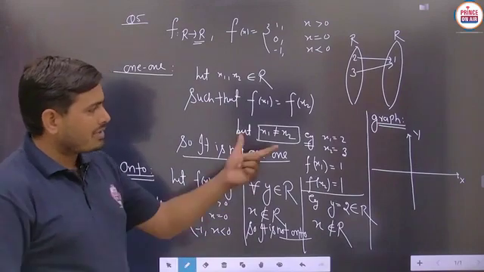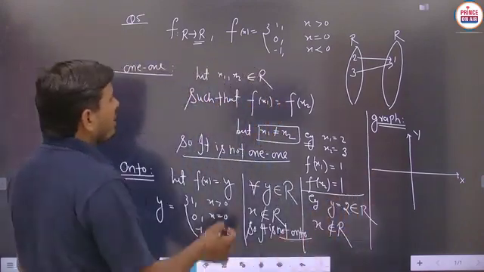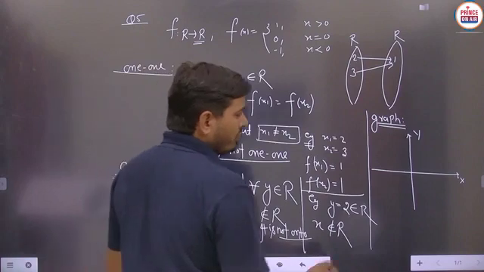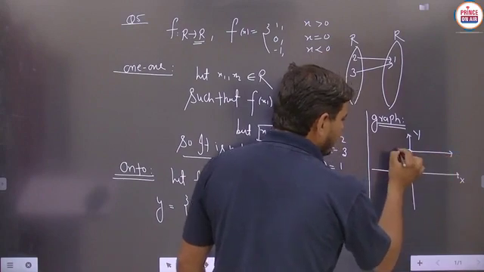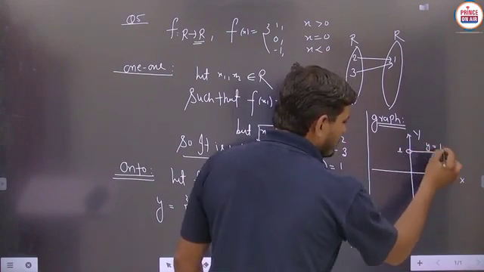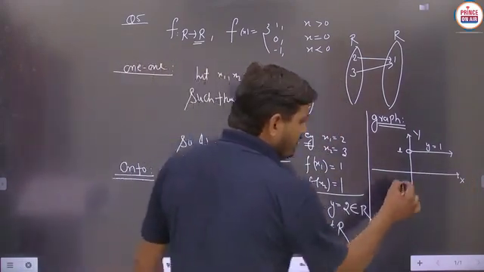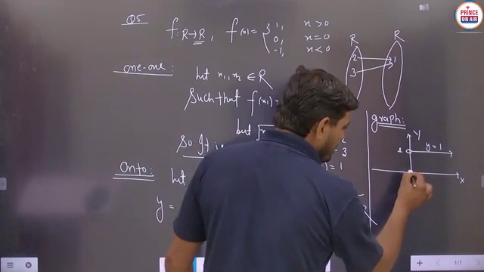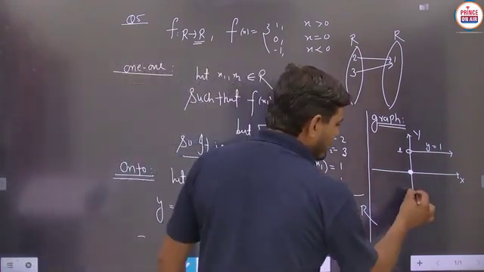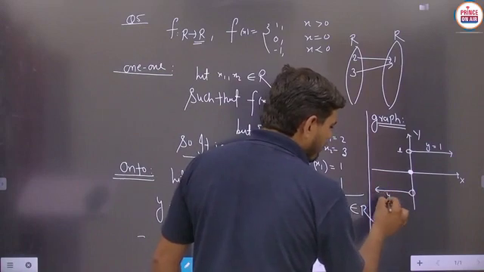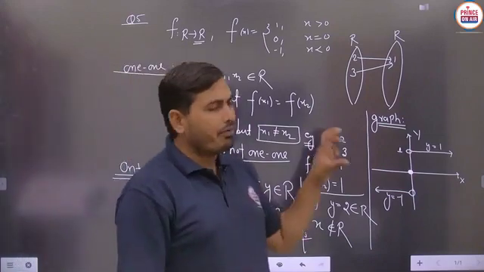So now, students, we are making the x axis and y axis here. Then, according to the definition, f(x) equals 1 for x greater than 0. So we take an open circle, and make the line like this. This line will represent y equals 1, but this is for x greater than 0. So we make this particular line for the positive x axis, and at x equals 0, f(x) is 0, meaning the origin is included here. And after that, for x less than 0, y equals minus 1. Is it to be clear? So easily, students, you can check the graph of this particular part.